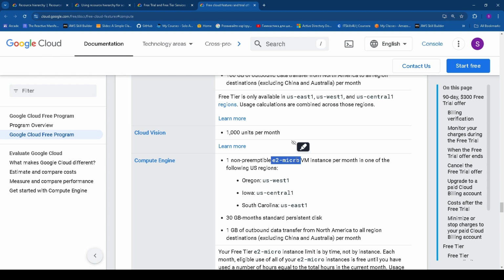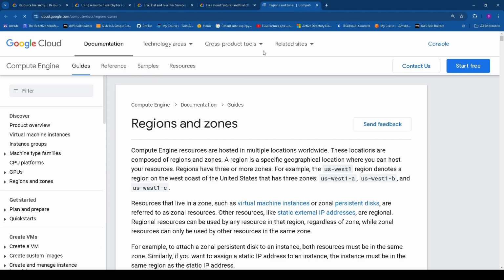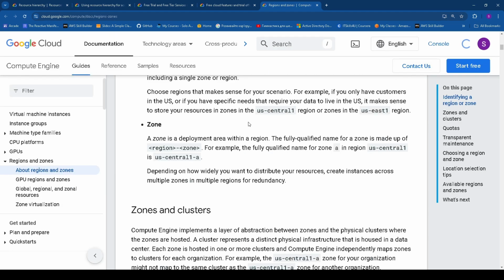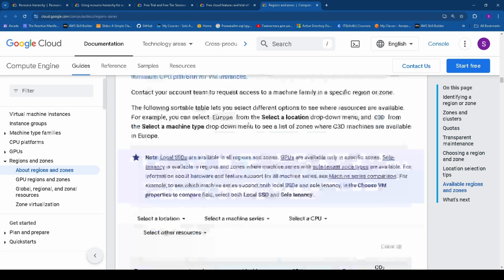So probably you can use one day, but 10 instances or more. So until you have used a number of hours equal to total hours. And here are supported regions and zones, quotas, and